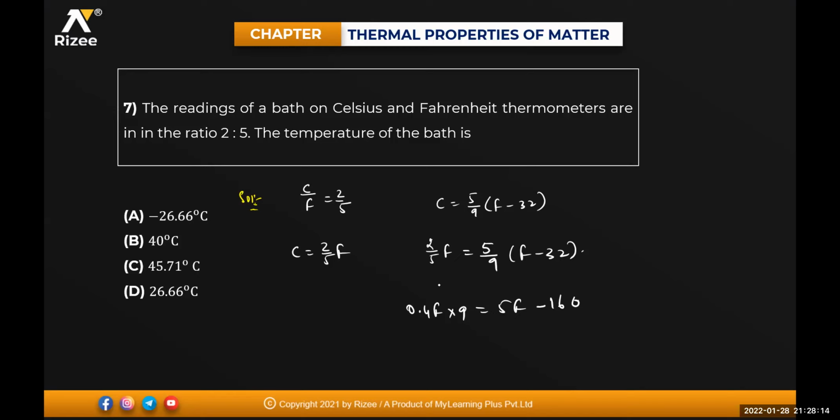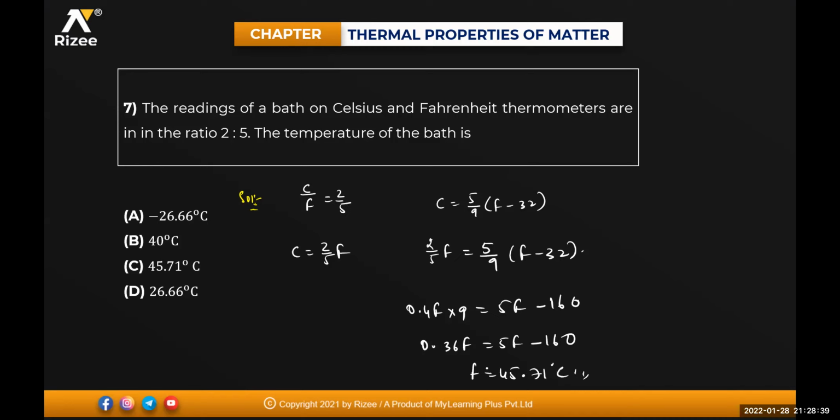This is how much, beta? 0.36 times F is equal to 5F minus 160. Okay. So minus it is there, it will go here, it will become plus. All the F terms you can take on one side, isn't it? So F value will become for me